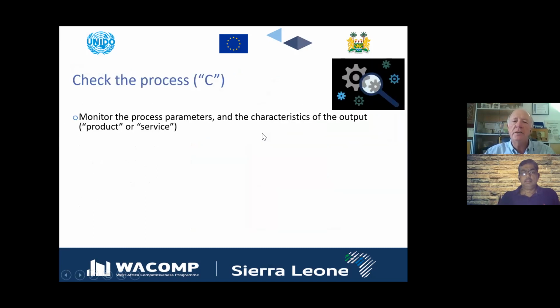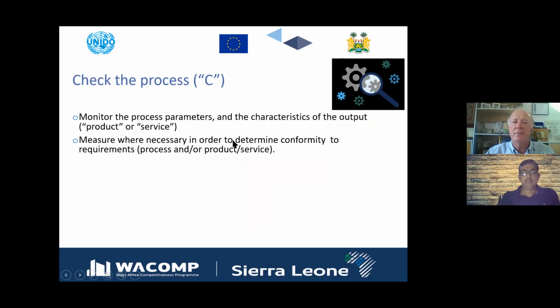We then check the process by monitoring the process parameters and the characteristics of the output, which is the product or service. We measure where necessary to determine conformity to requirements. So if we have an engineering component that has to be 10 millimeters in diameter plus or minus 0.1 millimeters so that it will fit into the assembly that we're about to make, we need to have those measurements, and we need to be able to demonstrate that the product is within the tolerance. And to do that, we need to have